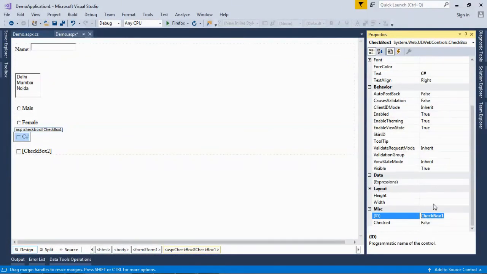In the ID field, I am putting the ID. CHK is the prefix, and after that CLang. CLang basically denotes C language. I am just giving the ID here. Click on the second checkbox. The ID is CheckBox2. I am putting the new ID here.